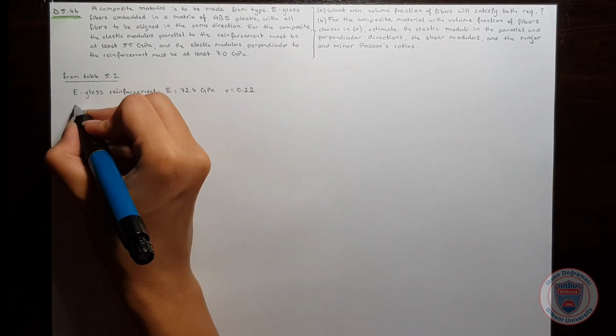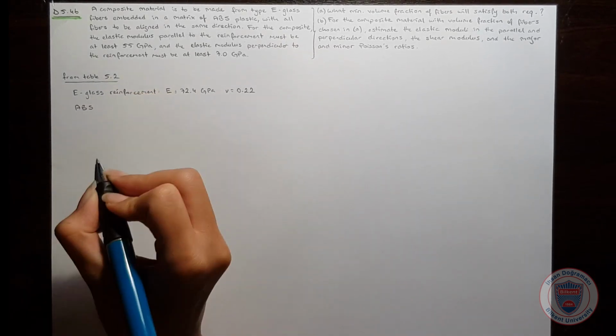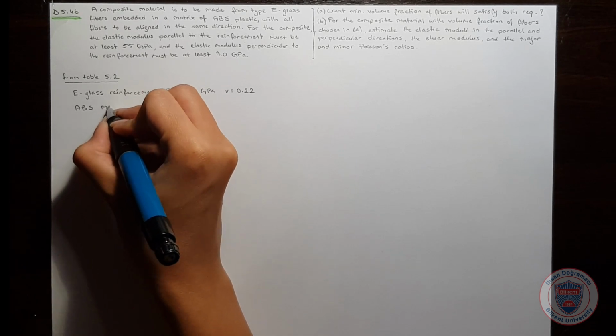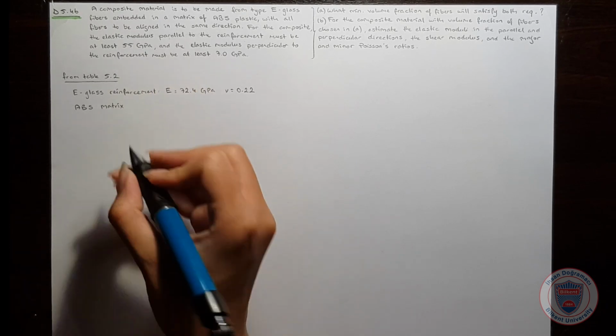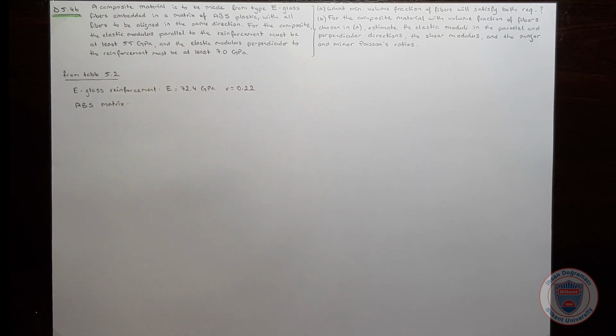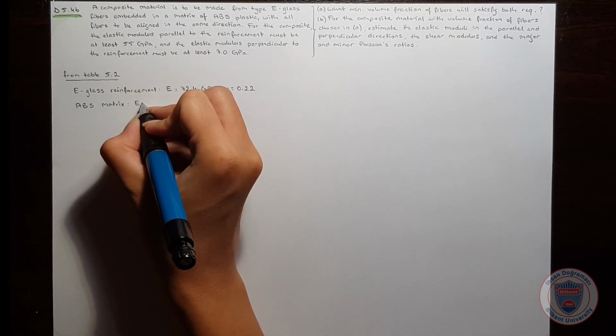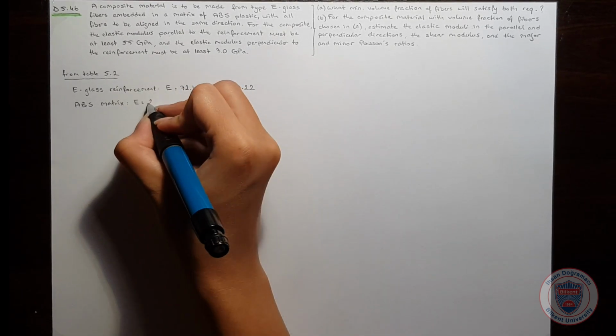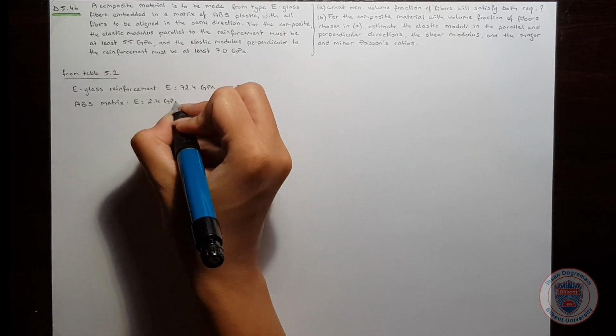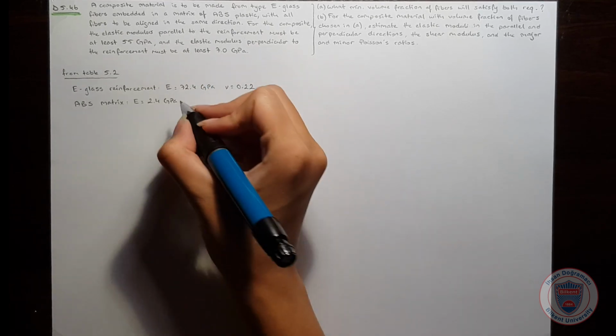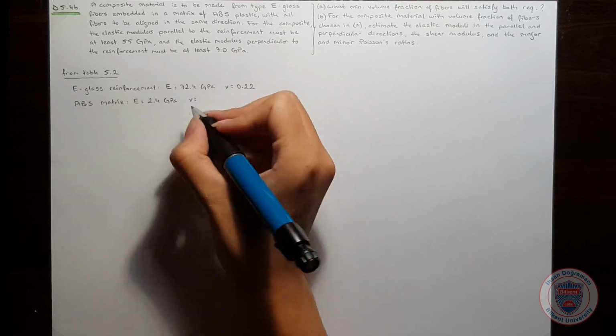And for the ABS matrix, we have Young's modulus is equal to 2.4 GPa and Poisson's ratio is equal to